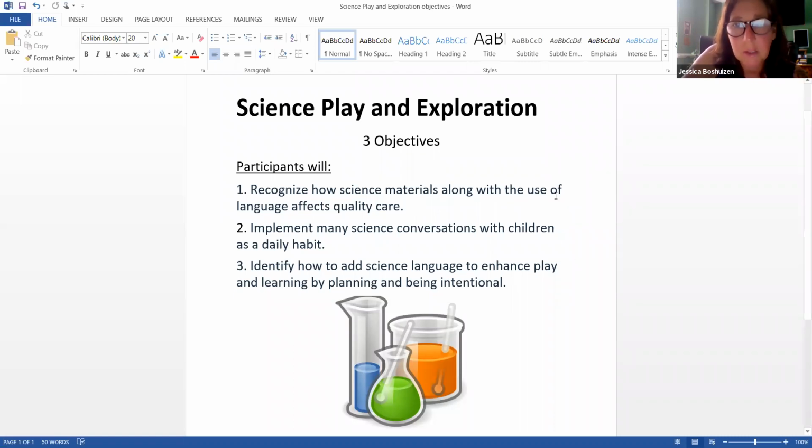and being intentional. So again, we're seeing that a lot of times teachers just aren't comfortable with the science and with teaching the science to their children. So we want to try to get them more comfortable and being able to do this on a daily basis. That's what we want for these teachers. So again, we have the